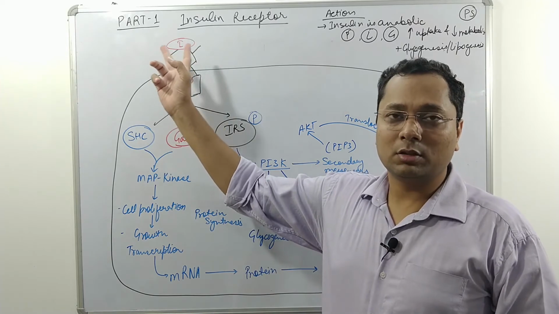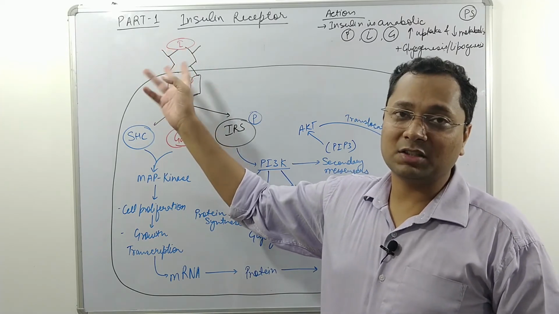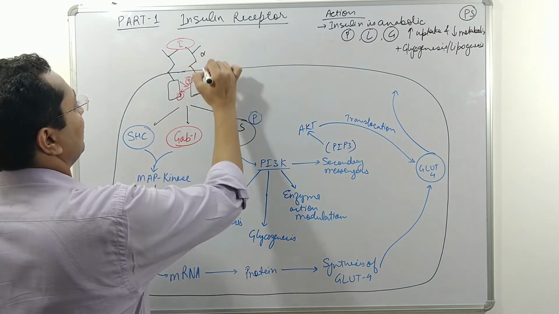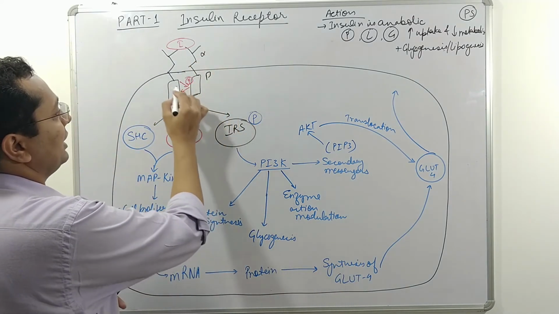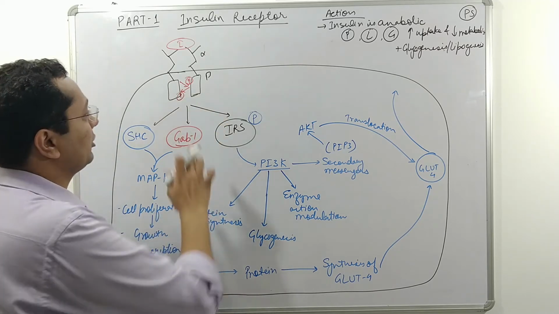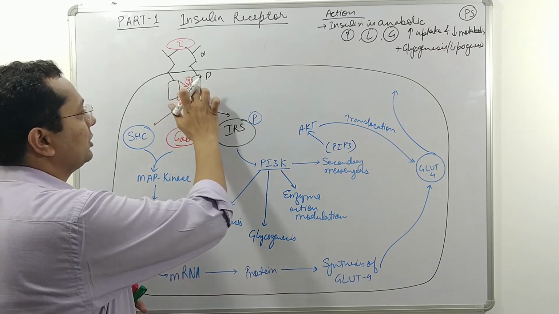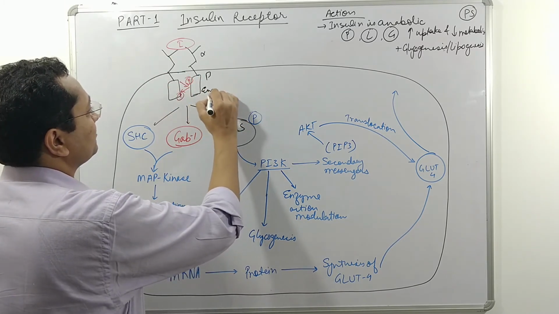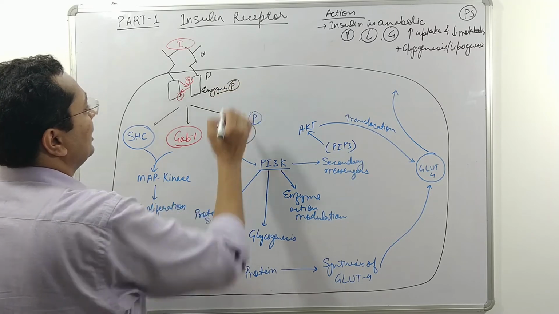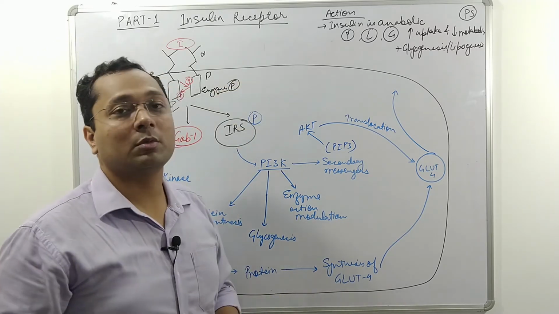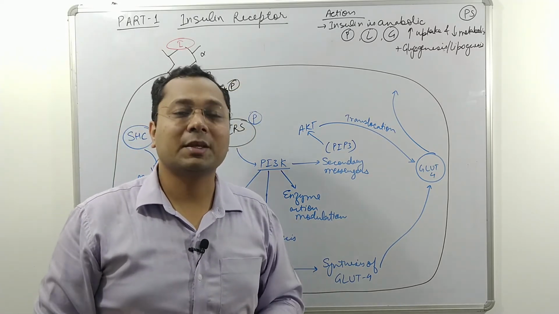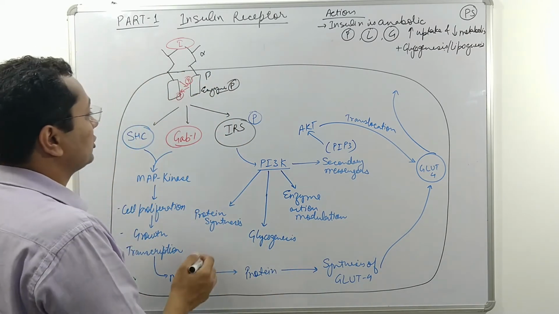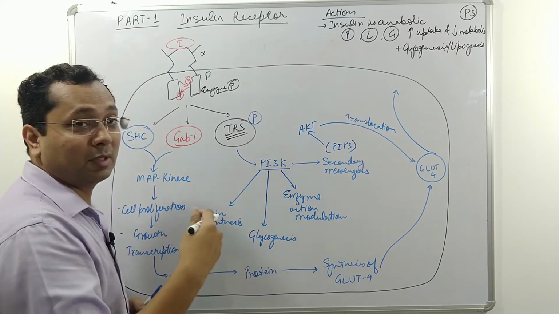Once insulin binds to its receptor, this will lead to receptor dimerization and activation of the intracellular portion. It has alpha and beta subunits. So now there is activation and they cross phosphorylate each other. This unit will phosphorylate this unit and this will phosphorylate this. And now when these are phosphorylated, then what happens? They recruit several other enzymes which will perform certain other functions inside the cell. So first is the IRS, insulin receptor substrate.